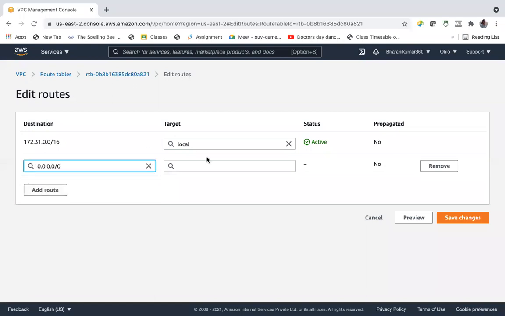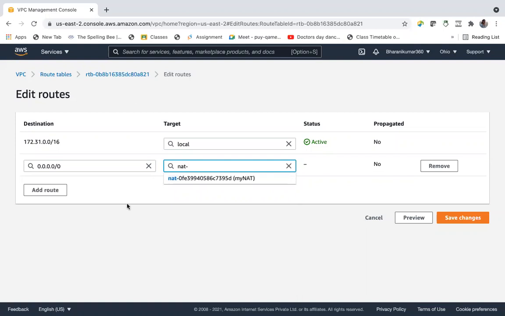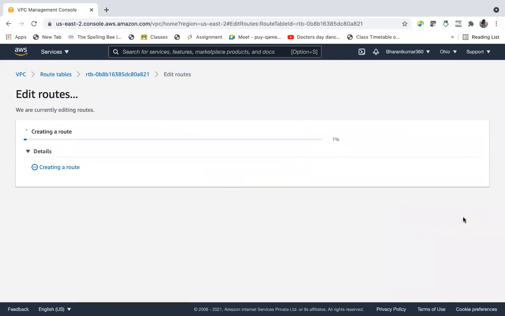Destination is internet, but how does it send traffic to the internet? Not using an internet gateway, but a NAT gateway. Seems like my NAT gateway has been created successfully. Then it's here. Choose the NAT gateway, save changes.